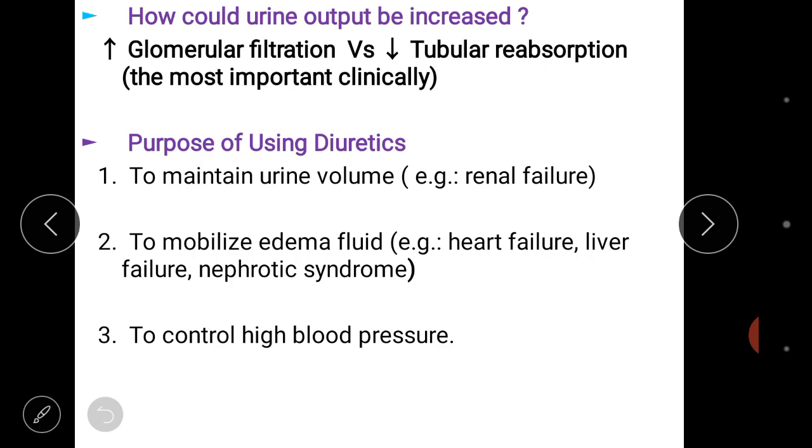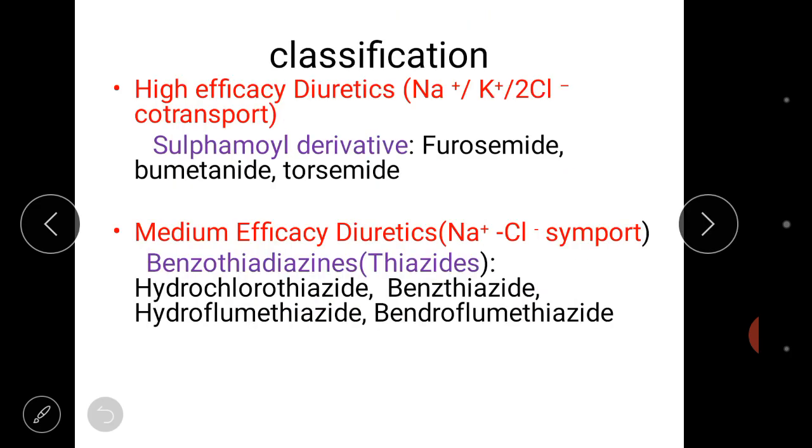To maintain urine volume in case of renal failure, to mobilize edema fluid, to relieve the fluid content in edema in cases of heart failure, liver failure, and nephrotic syndrome, and also to control high BP. We use these diuretics. Coming to the classification,